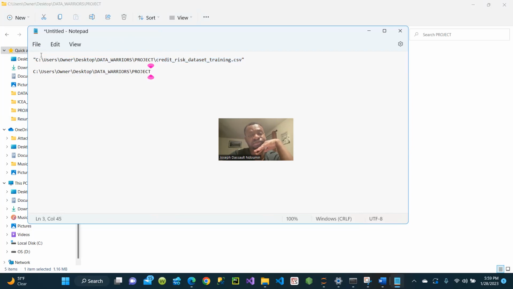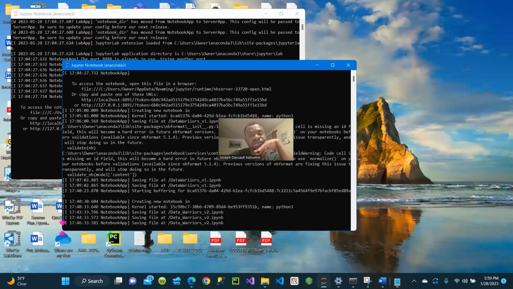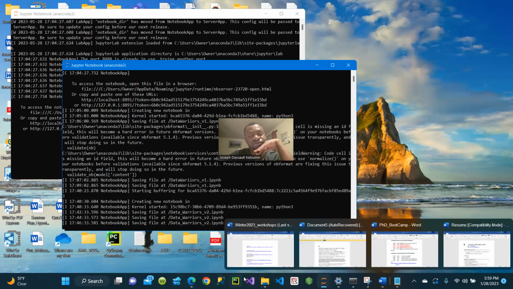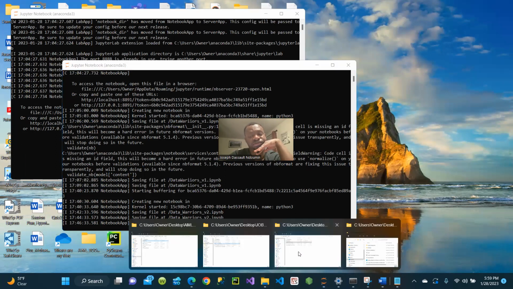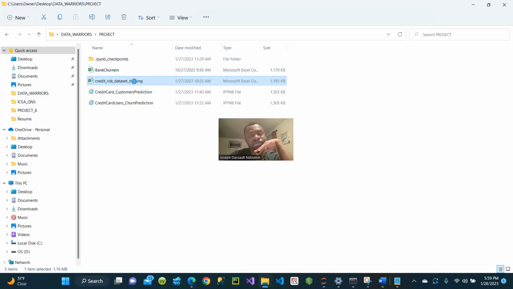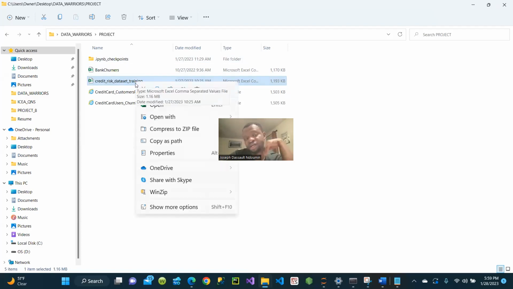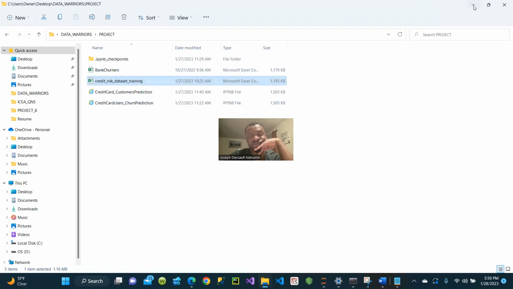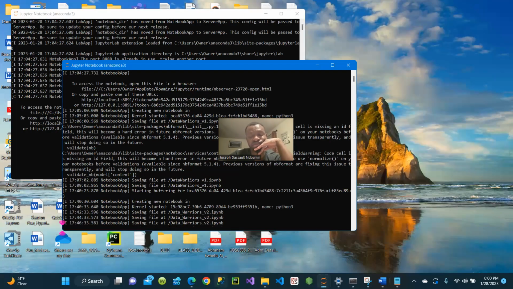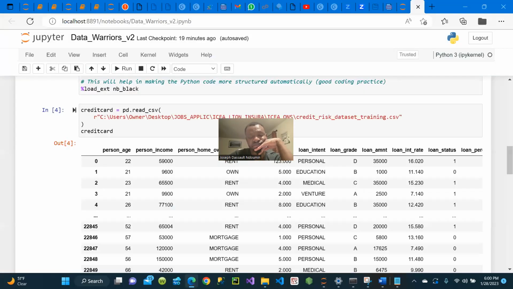So when you do copy as path, it will give you this. And when you come to Jupyter Notebook, you didn't copy it correctly. I didn't copy it correctly? No, sir. Let me go and do it from the file. Let me just copy it from here. That one I was just showing you how it looks like. I've copied as path, you have seen? Yes. Okay, so you come here and